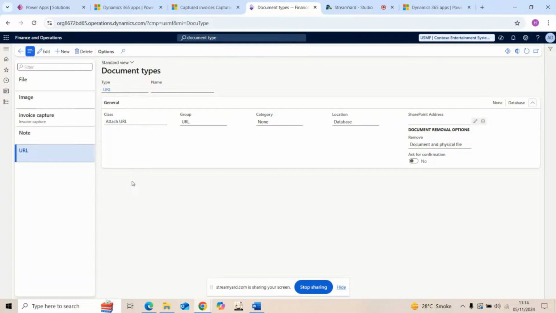So as you can see, for this invoice capture document type, the group is file and the location is Azure storage. Keep it like this because say for example, if for some other purposes you